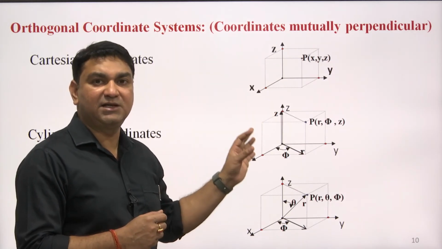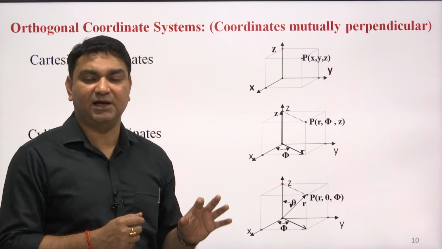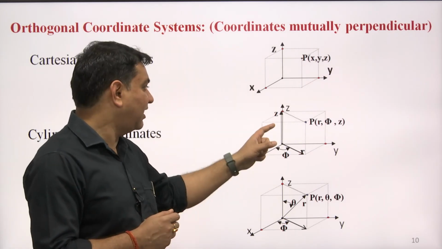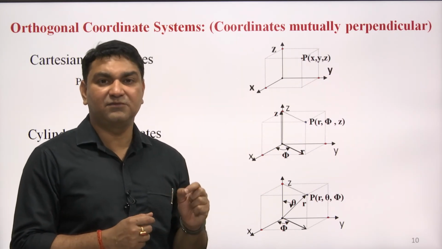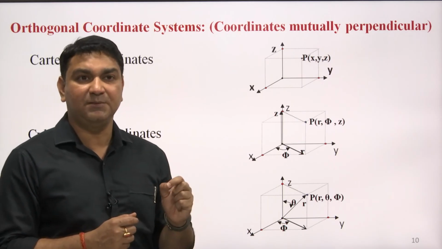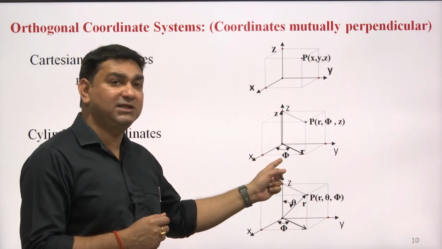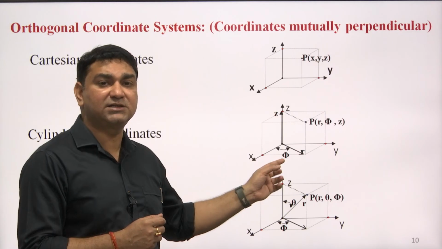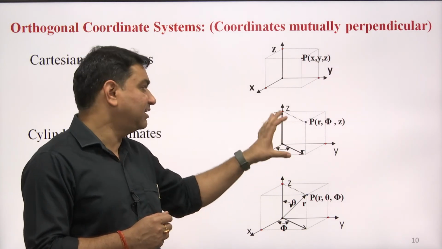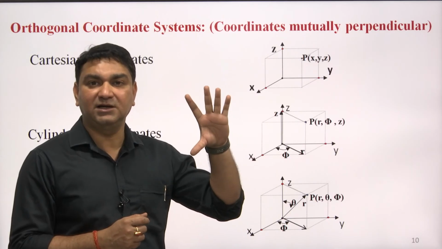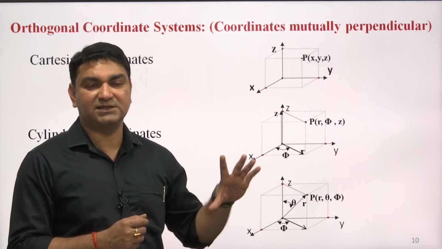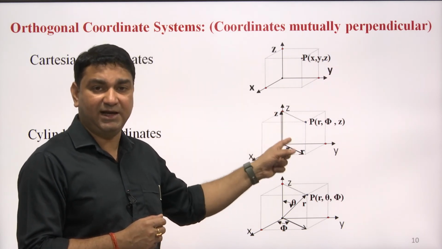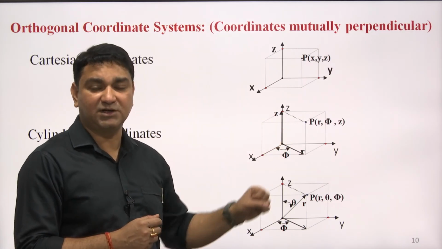In the same way, the cylindrical coordinate system is defined as the r, phi and z, where r is the distance from the origin to that point P, phi is the projection angle in the xy plane. You can see here this phi angle, this is also called as the azimuth angle, and then the z is the height along the z axis. Okay. So, this is the height, this is the z axis length in the cylindrical coordinate system.